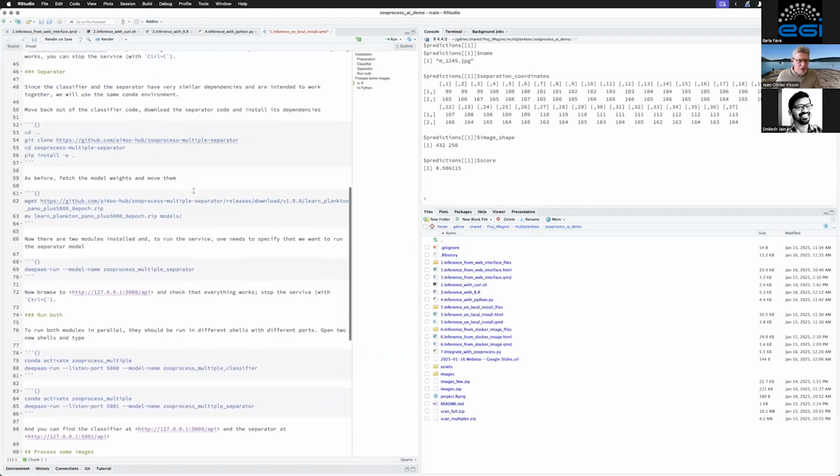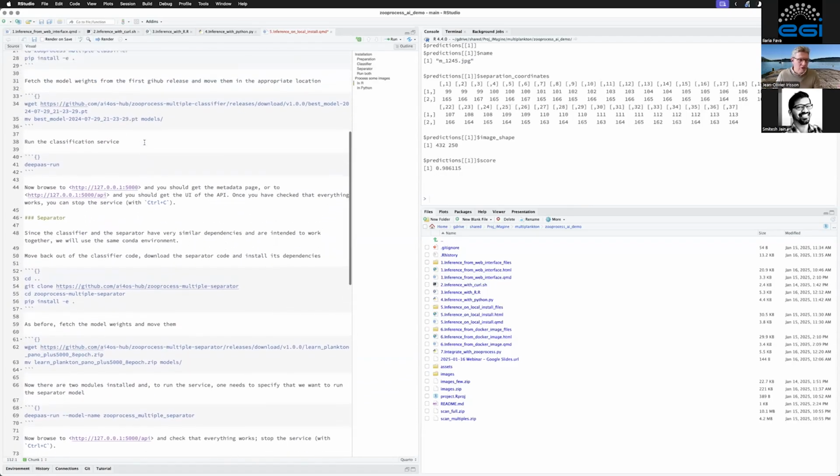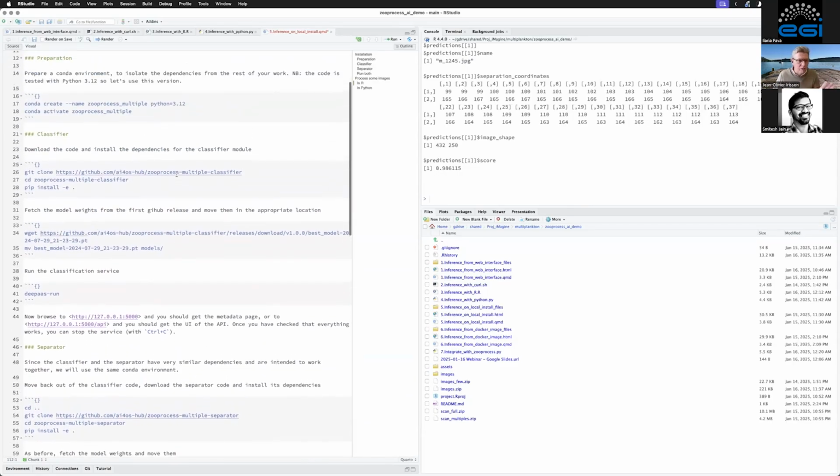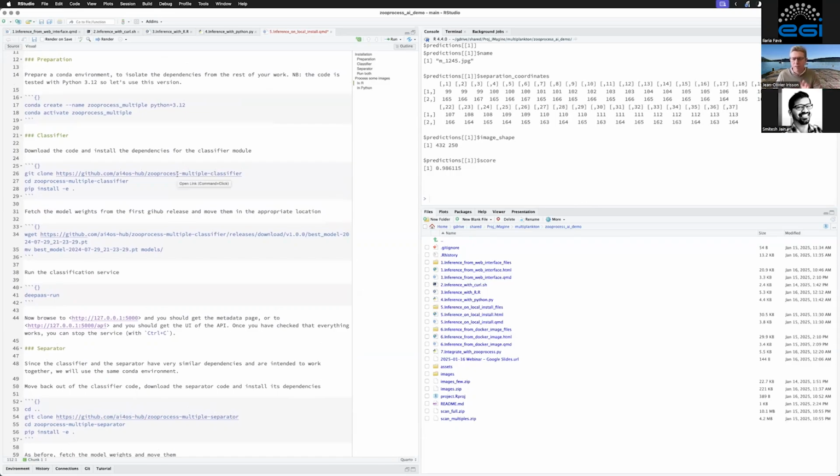So the installation, again, it's just two times the same thing. One thing that I would say is that the dependencies of the classifier and the separator are very similar. That means that you can have only a single Python environment and you can run both from that Python environment, which makes your life a bit easier, okay? If you want your life to be even easier,